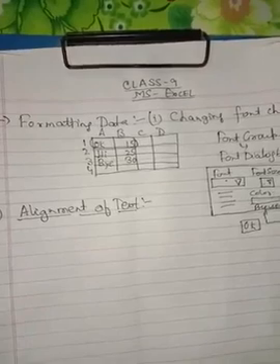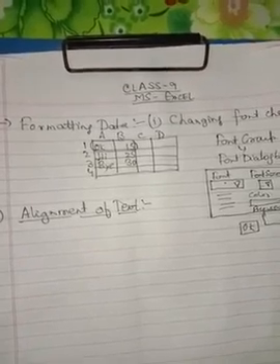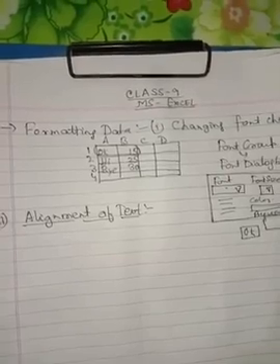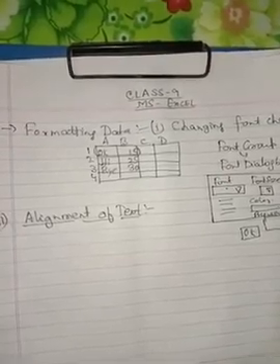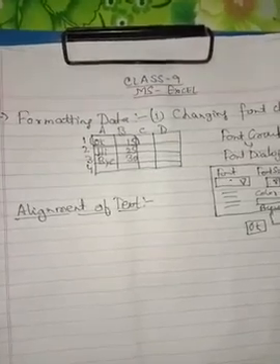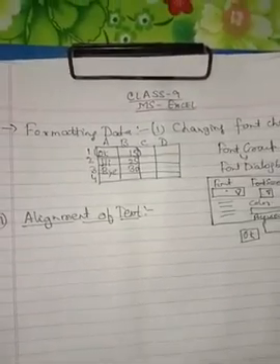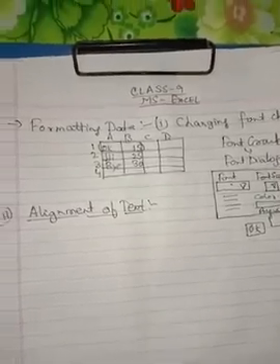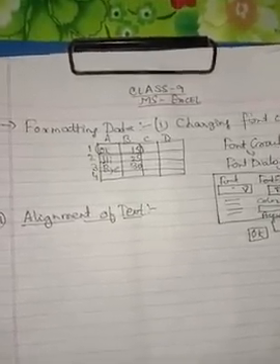The text can be left aligned, center aligned, right aligned, or justify. And beside this, we also have middle alignment, top alignment, and bottom alignment. We have already discussed the left, right, center, and justify alignment in MS Word. So here we are going to discuss only top align, middle align, and bottom align.